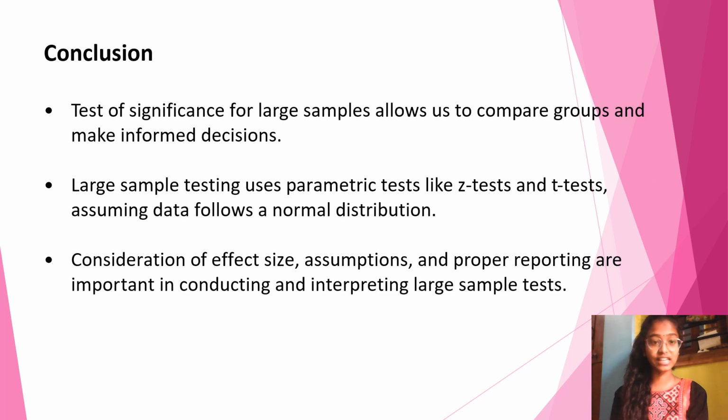Now, finally, I conclude that the test of significance for large samples allows us to compare groups and make an informed decision. Large sample testing uses parametric tests like the Z-test and t-test, assuming that the data follows a normal distribution. Consideration of effect size, assumptions, and proper reporting are important in concluding and